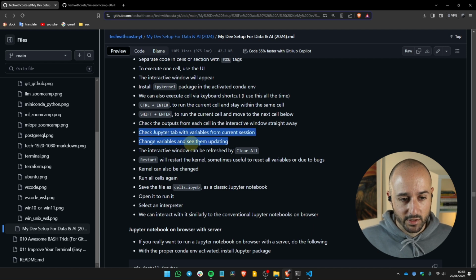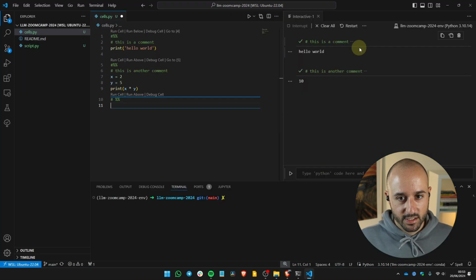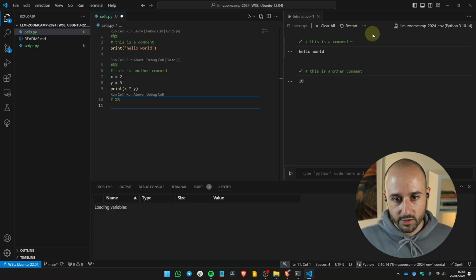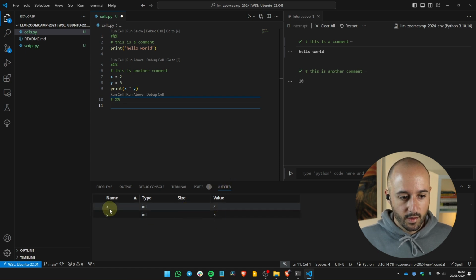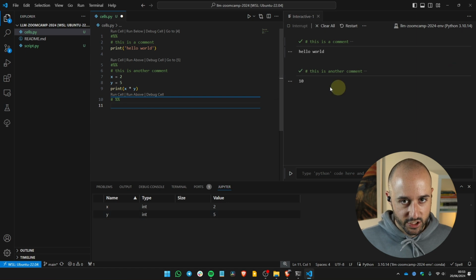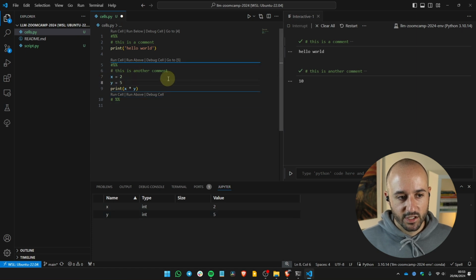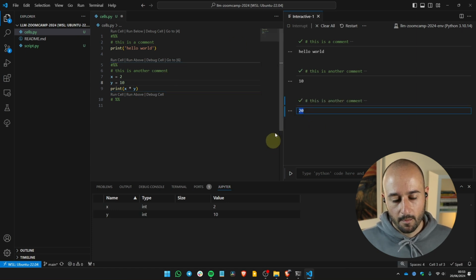We can change the variables and see them updating. You see more actions here. If you click variables, it will open this Jupyter thing here. You can see the variables directly, meaning I have two variables now in this session, X and Y. Both are type integer because they are storing the values 2 and 5, X and Y respectively. If I change Y equal to 10 and run this again, now the result is 20 and